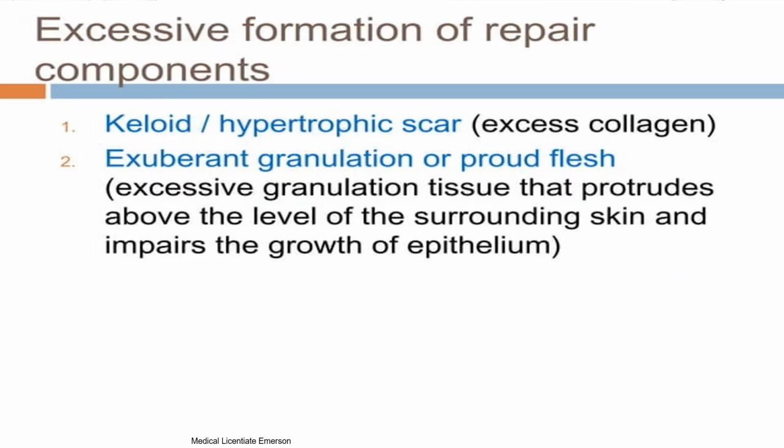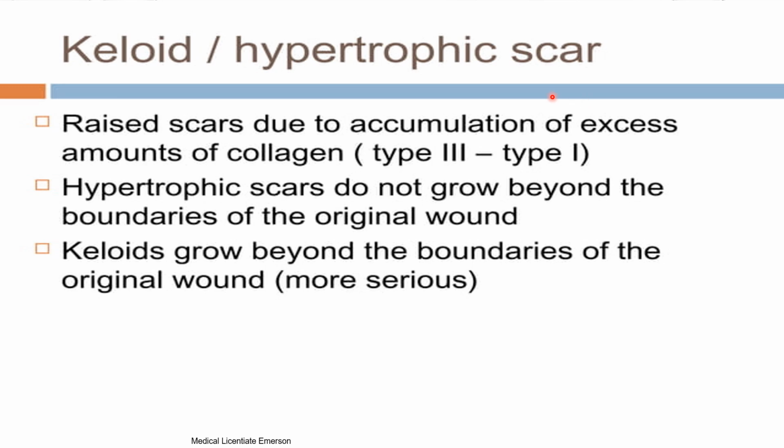Okay, then excessive formation of repair components. This can lead to keloid or hypertrophic scars where there is excess collagen. You can also have exuberant granulation or proud flesh, where there is excessive granulation tissue that protrudes above the level of the surrounding skin and impairs the growth of epithelium. Then keloid or hypertrophic scars are raised scars due to accumulation of